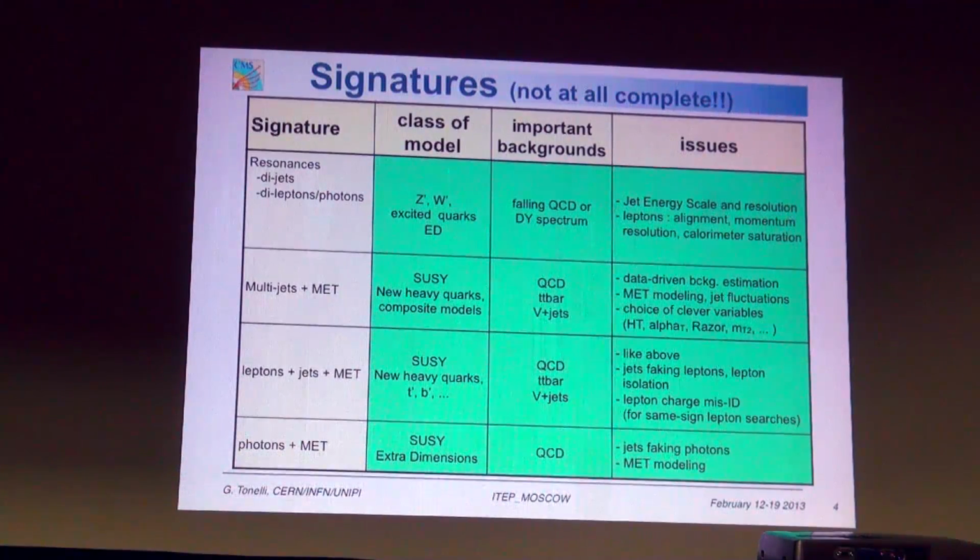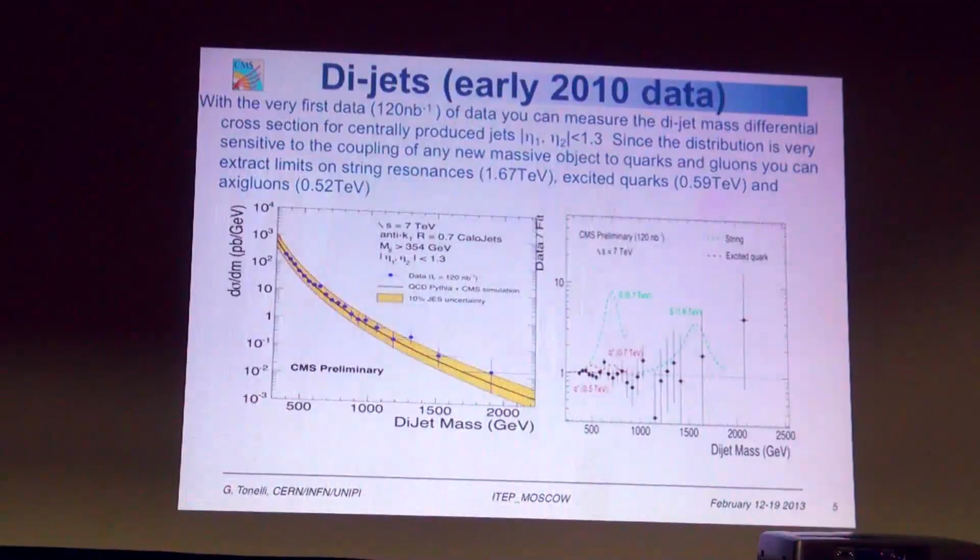So again, you will see that some of these searches are quite straightforward and, I would say, relatively easy, but again, don't forget that behind a measurement there is always a huge amount of cross-checks and controls that you should do, even once you use the best understood tools, for example, the dileptons or the diphotons. I give you some example of this. For example, this happened really after a few weeks of data taking in 2010. You remember, we started at the end of March 2010.